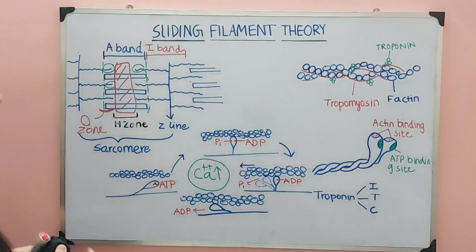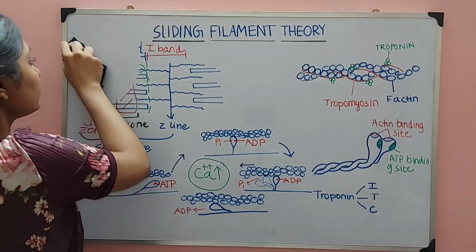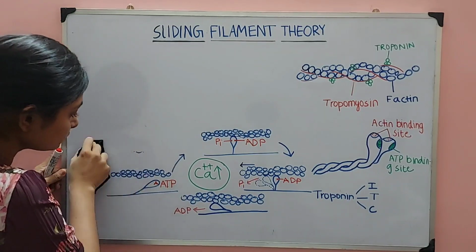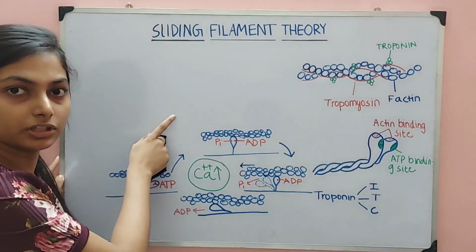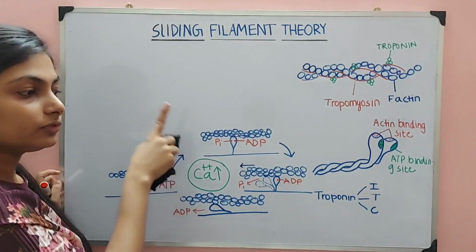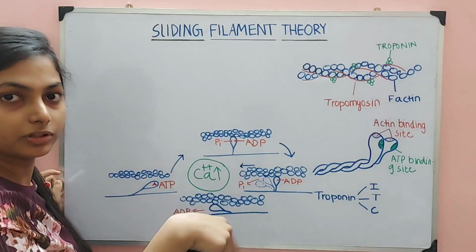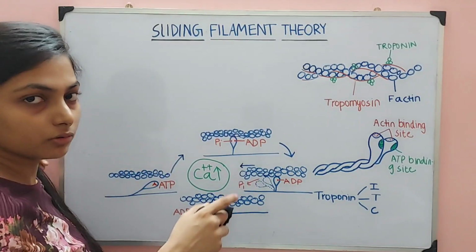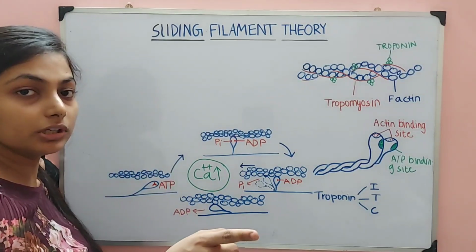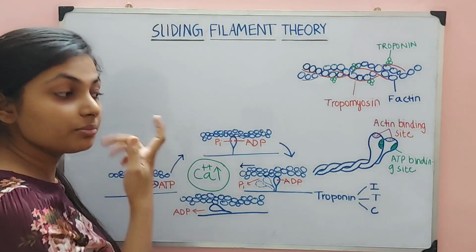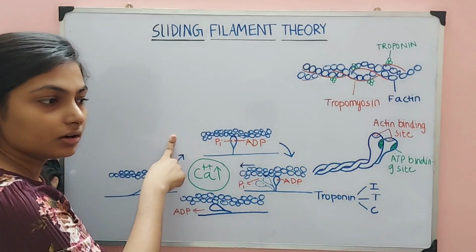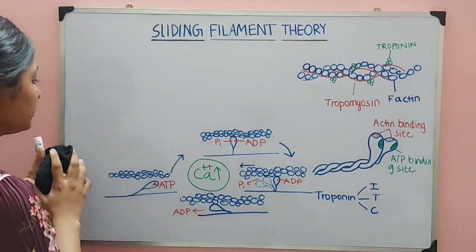I'll just rub everything before that. Muscle fiber has 2 units, one anatomical unit and the other is functional unit. One of them is mentioned in the chapter itself, in the main text of the chapter, and I guess the functional, no, the anatomical unit is mentioned in the summary. So just in case you have missed it, please read it from there. Just read the summary of this chapter, locomotion and movement. You'll find it there in the summary section.